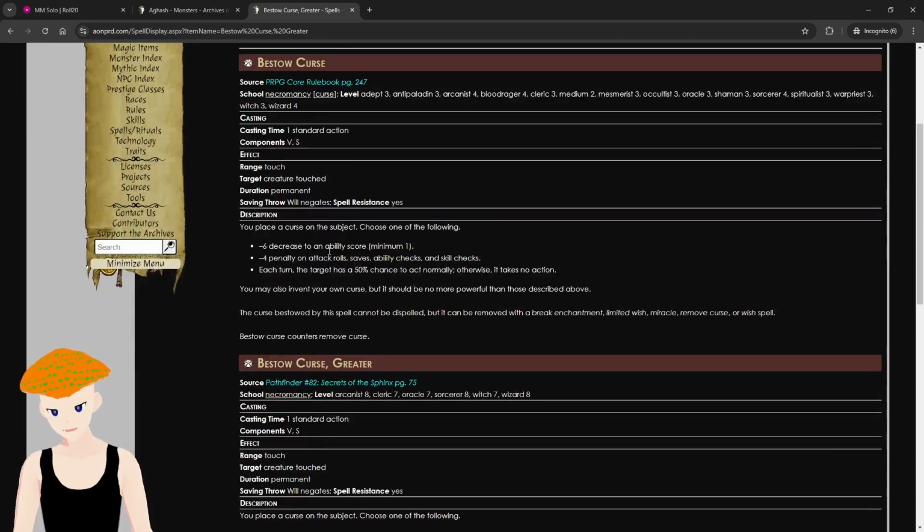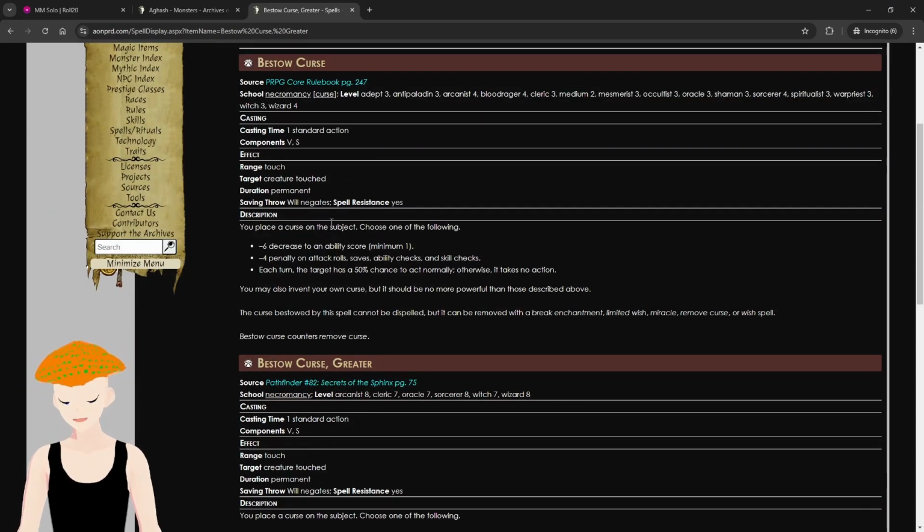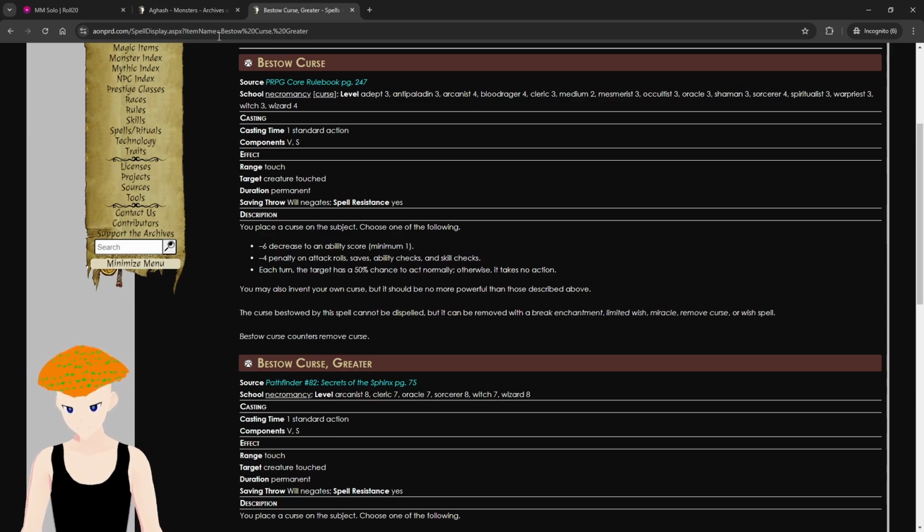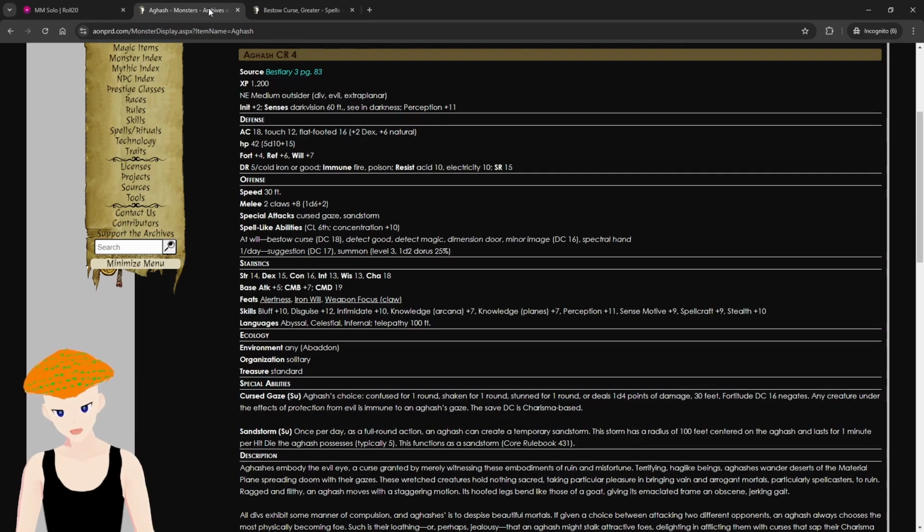Bestow Curse, and then there's a greater variety. You can choose one of the following: -6 to any ability score, minimum 1; -4 penalties on a bunch of different rolls; or a 50% chance to act normally or otherwise take no action. All of those suck. So, we are going with...